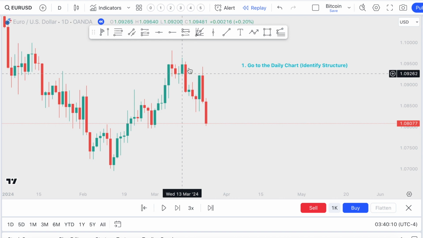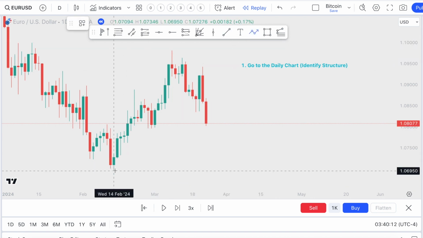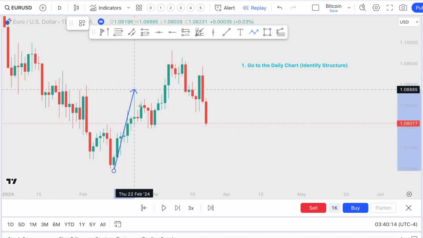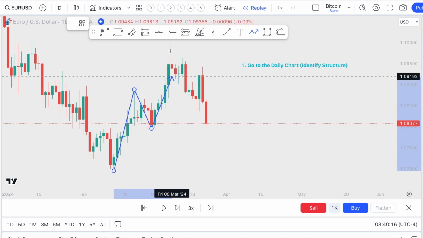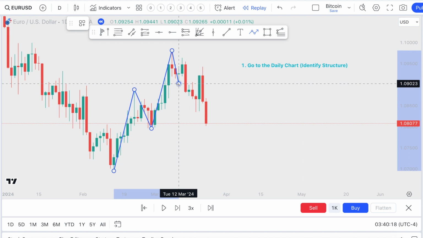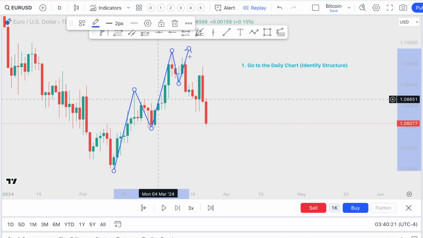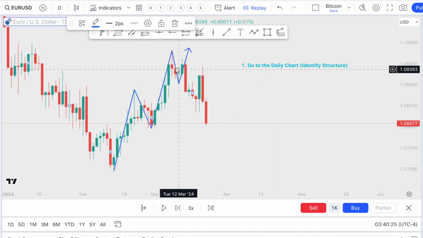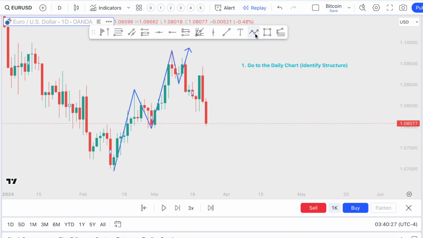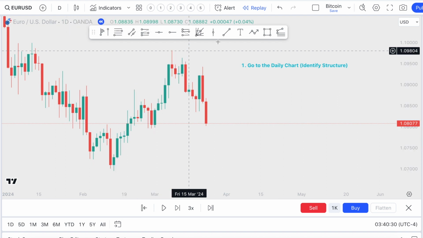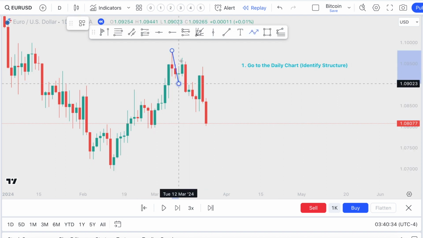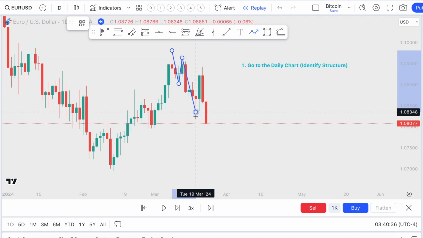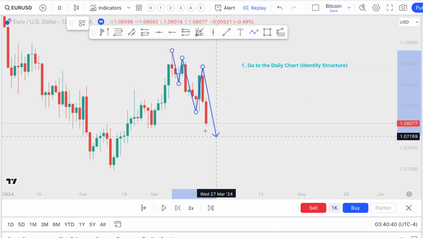So if you're forming higher highs and higher lows, for example over here, you formed a high, a higher low, a higher high, a higher low, right? So at that point you're expecting this local bullish structure to continue. This constitutes a bullish structure, right? On the other hand, if you have a bearish structure, you're forming lower highs and lower lows. So from here we had a high, we had a low, a lower high, a lower low, and then another lower high. So now we're expecting a lower low,